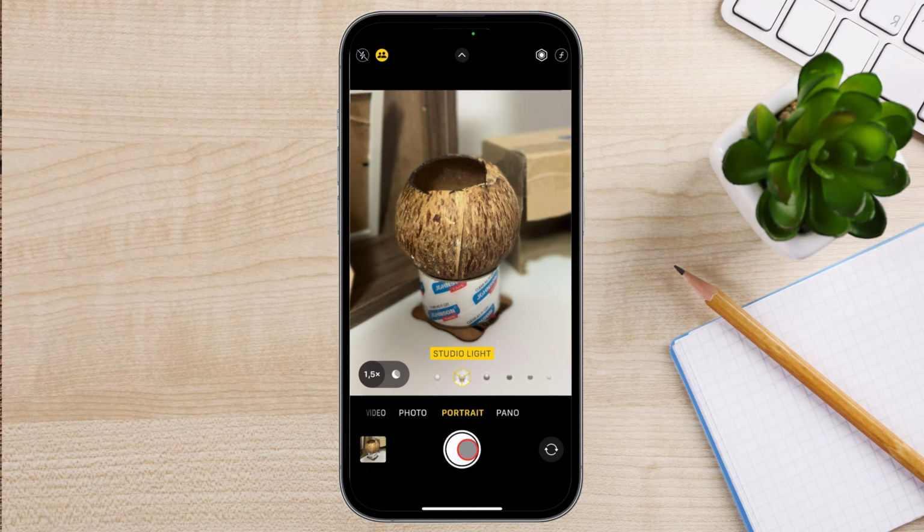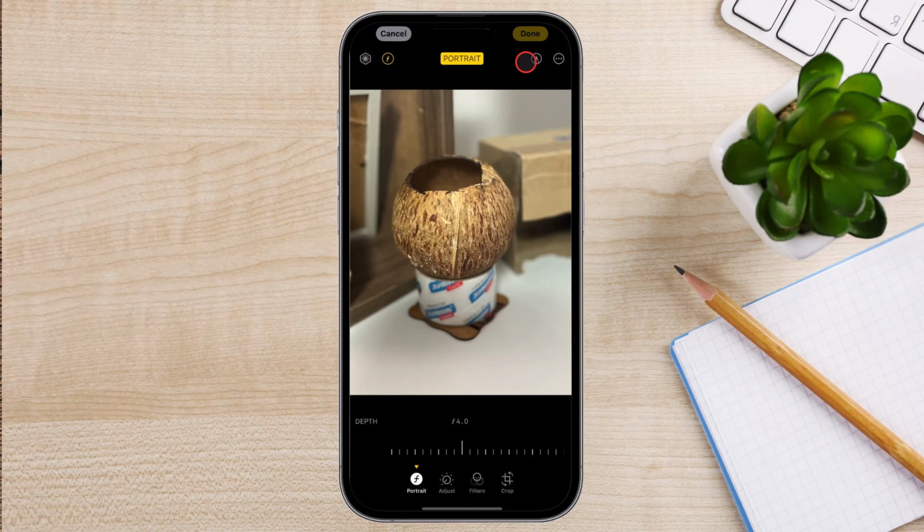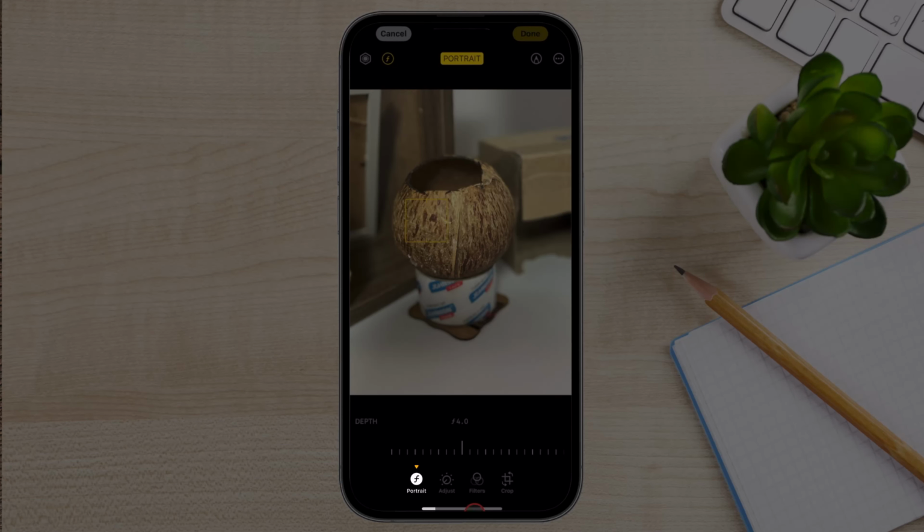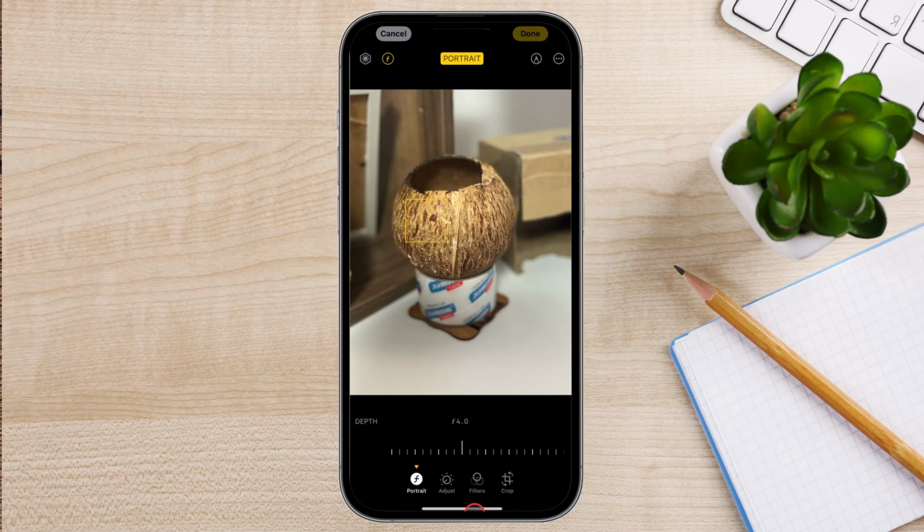So let's open the photo we took on the Photos app. Tap the Edit button from the top. The first option that is selected on the bottom is the Portrait Mode. You can move the slider and you will see the effect changes. So you can test how the picture looks better. You also can actually change the focus or blur point. Tap on the screen where you want your photo to be focused.